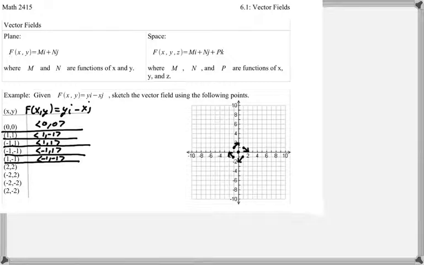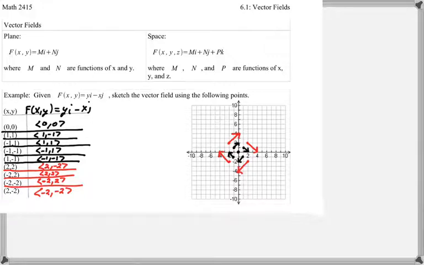And let's go ahead and look at all the variations of 2 and -2 paired together. At (2, 2), we have the vector <2, -2>. At the point (-2, 2), we have the vector <2, 2>. At the point (-2, -2), we have the vector <-2, 2>. And at the point (2, -2), we have the vector <-2, -2>. Okay, so it looks like we have more of that